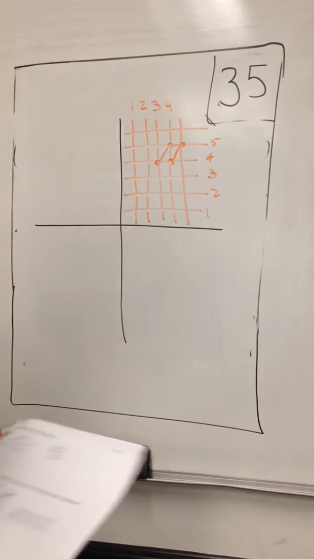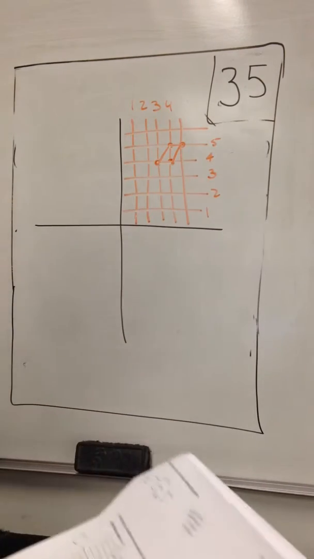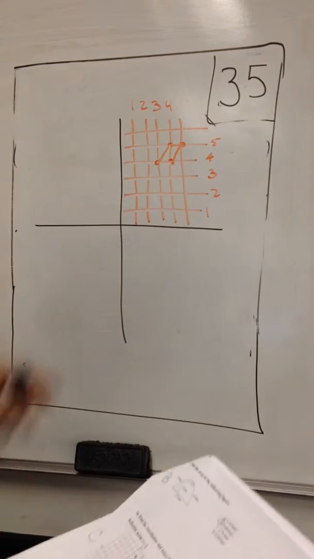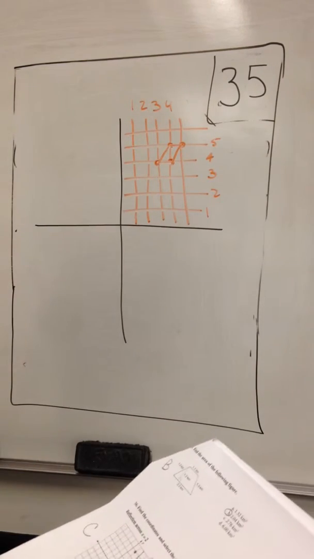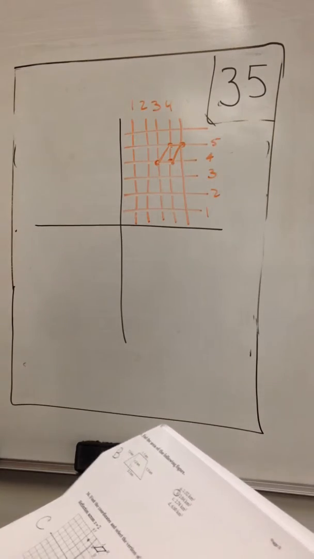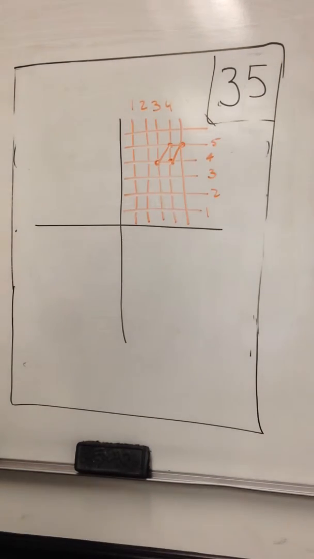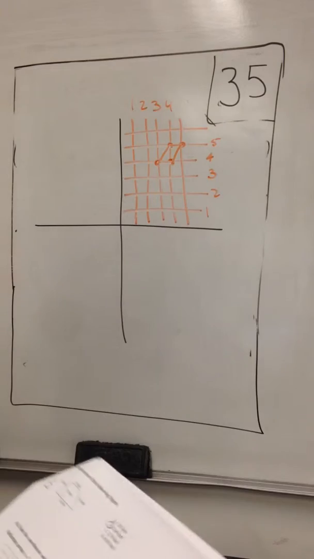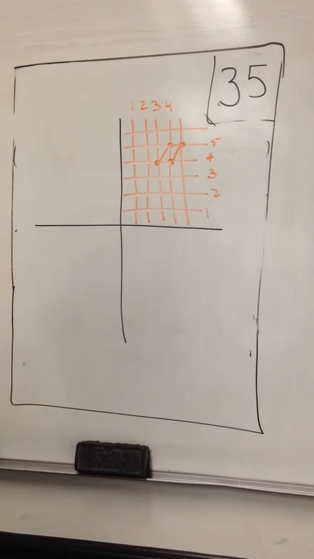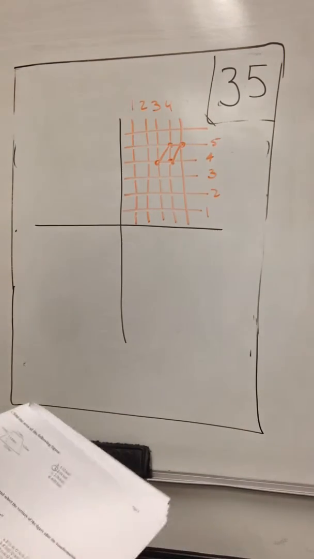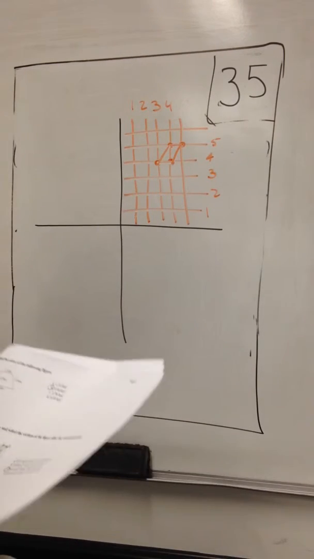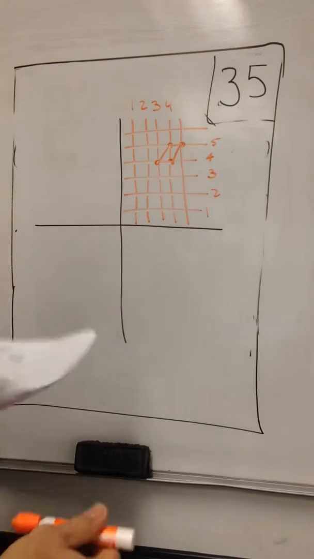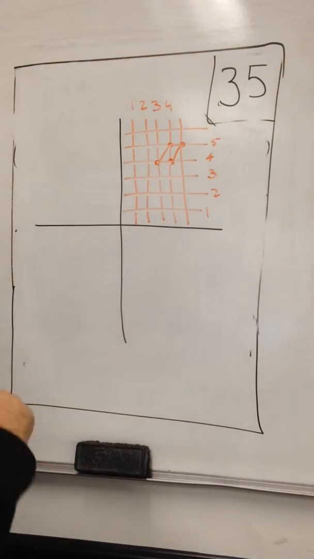Problem 35 is a transformation, and they ask for you to reflect that shape across x equals 2. Usually with reflections, they're going to ask you to do a reflection over some line. Oftentimes you've seen it as either the x-axis or the y-axis. So for example, if we had a shape that was here,